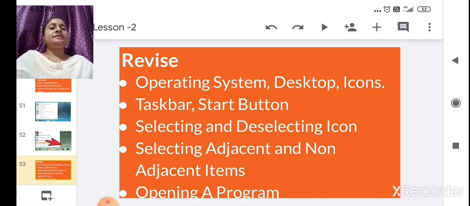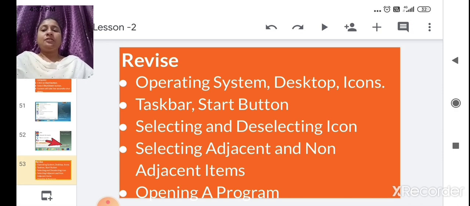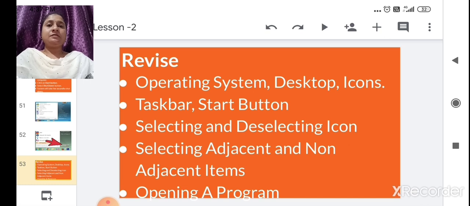Then selecting adjacent and non-adjacent items. In selecting adjacent items, if you want to select whole rows, whole items, then you click the first item, press the shift key and click the last item, and the whole set of items from first to last will get selected.